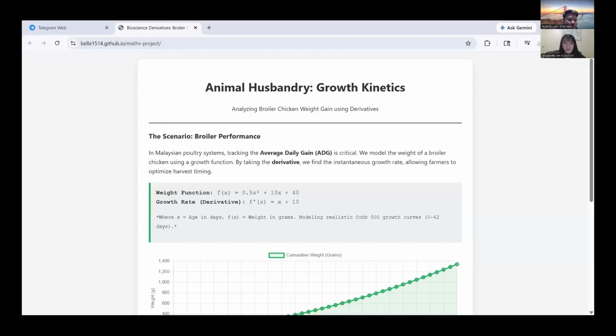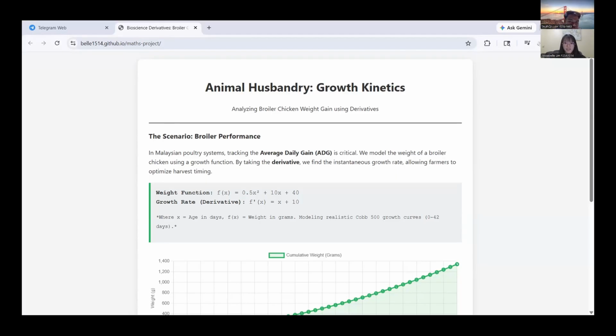That is the title: Animal Husbandry Growth Kinetics. Our project focused on analyzing broiler chickens' weight gains using derivatives in mathematics. In the Malaysian poultry system, monitoring chicken growth weight is very important because it helps farmers improve productivity and manage resource